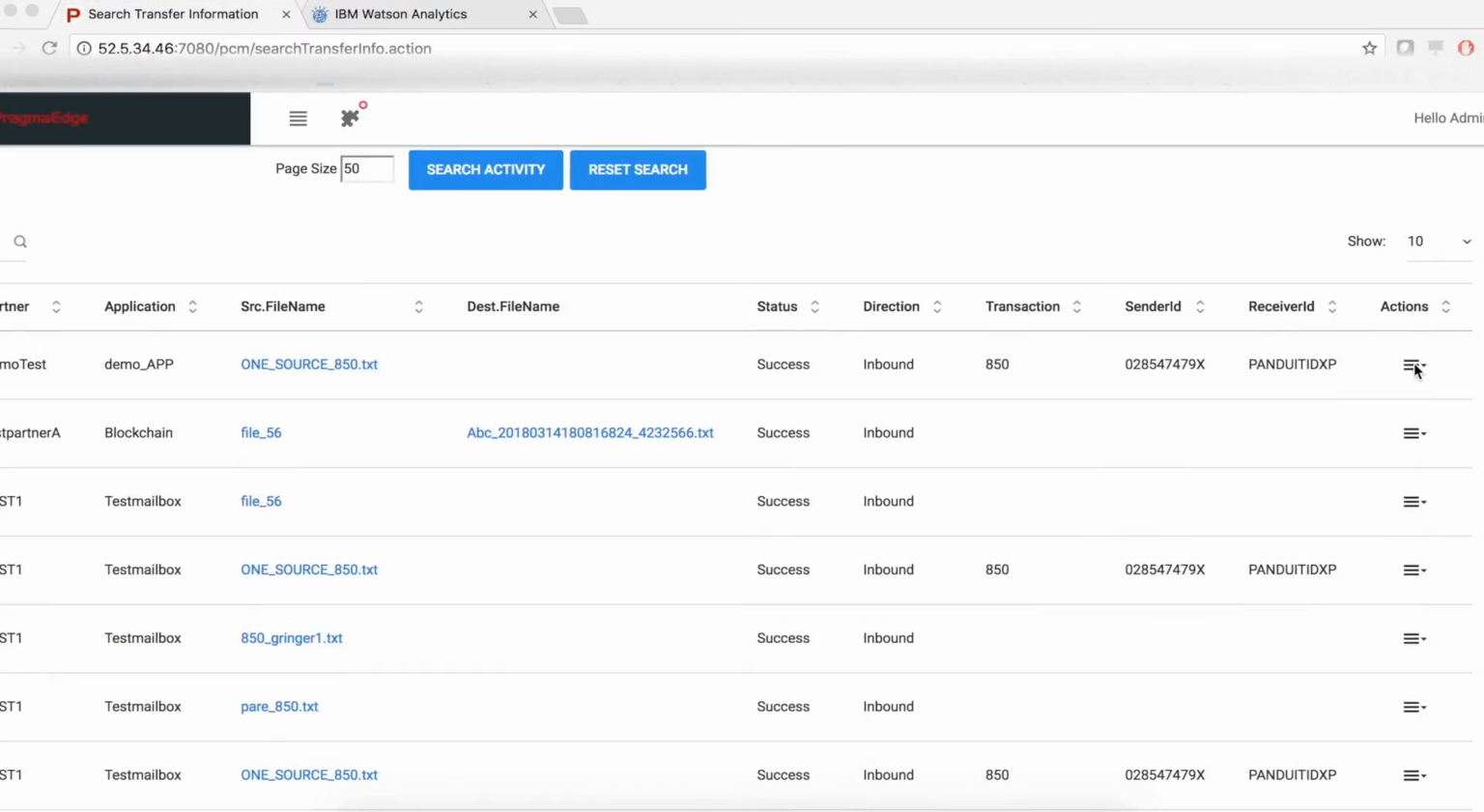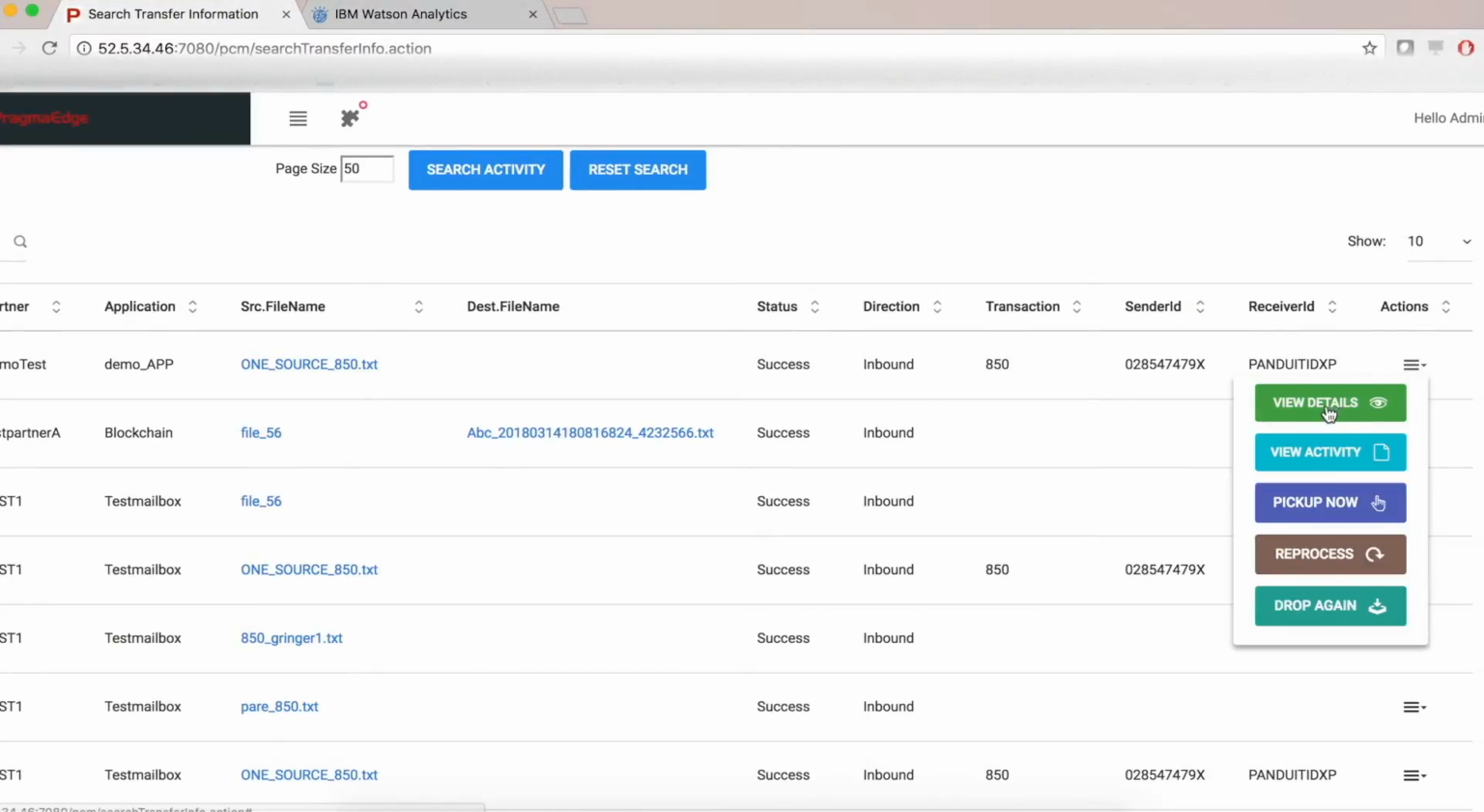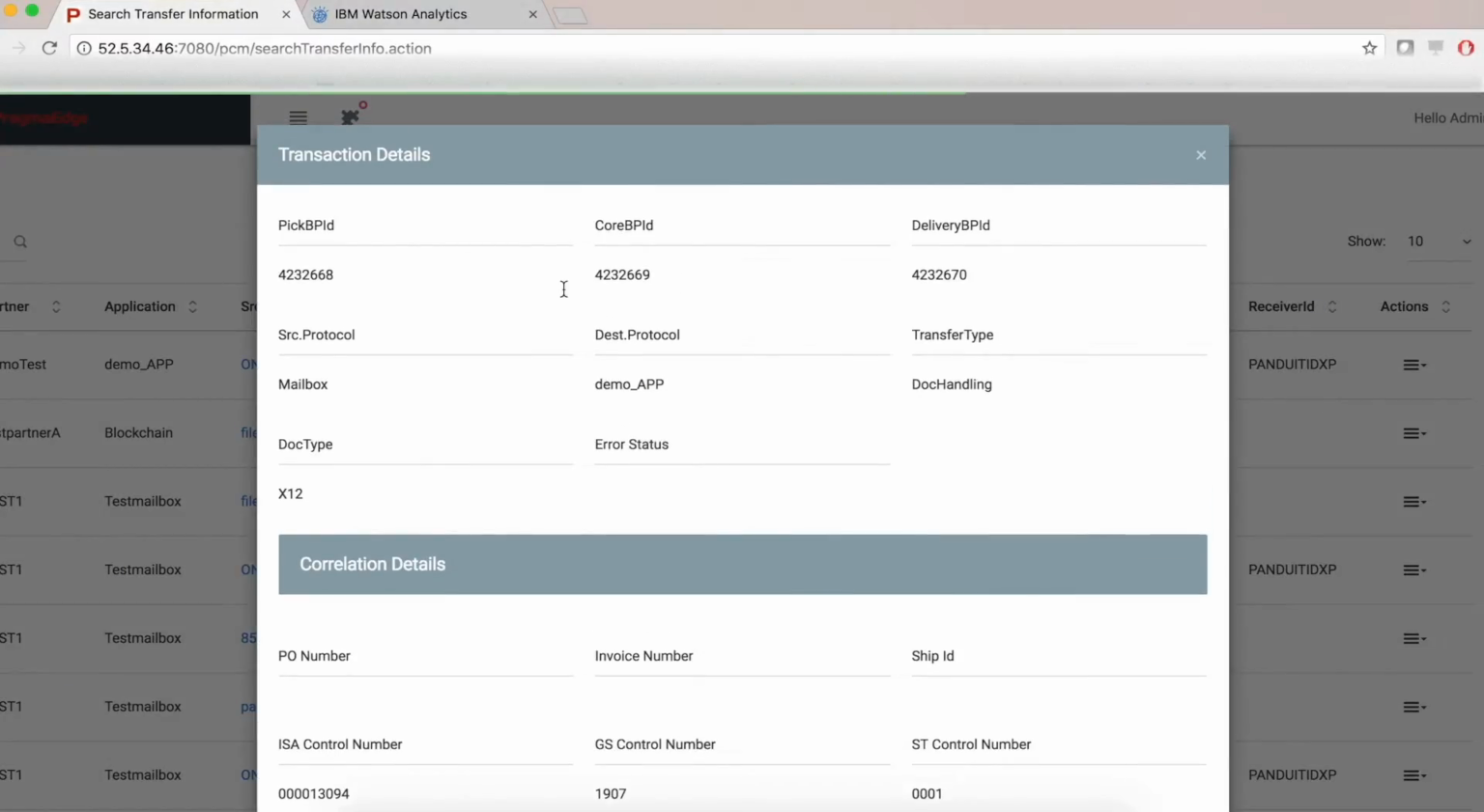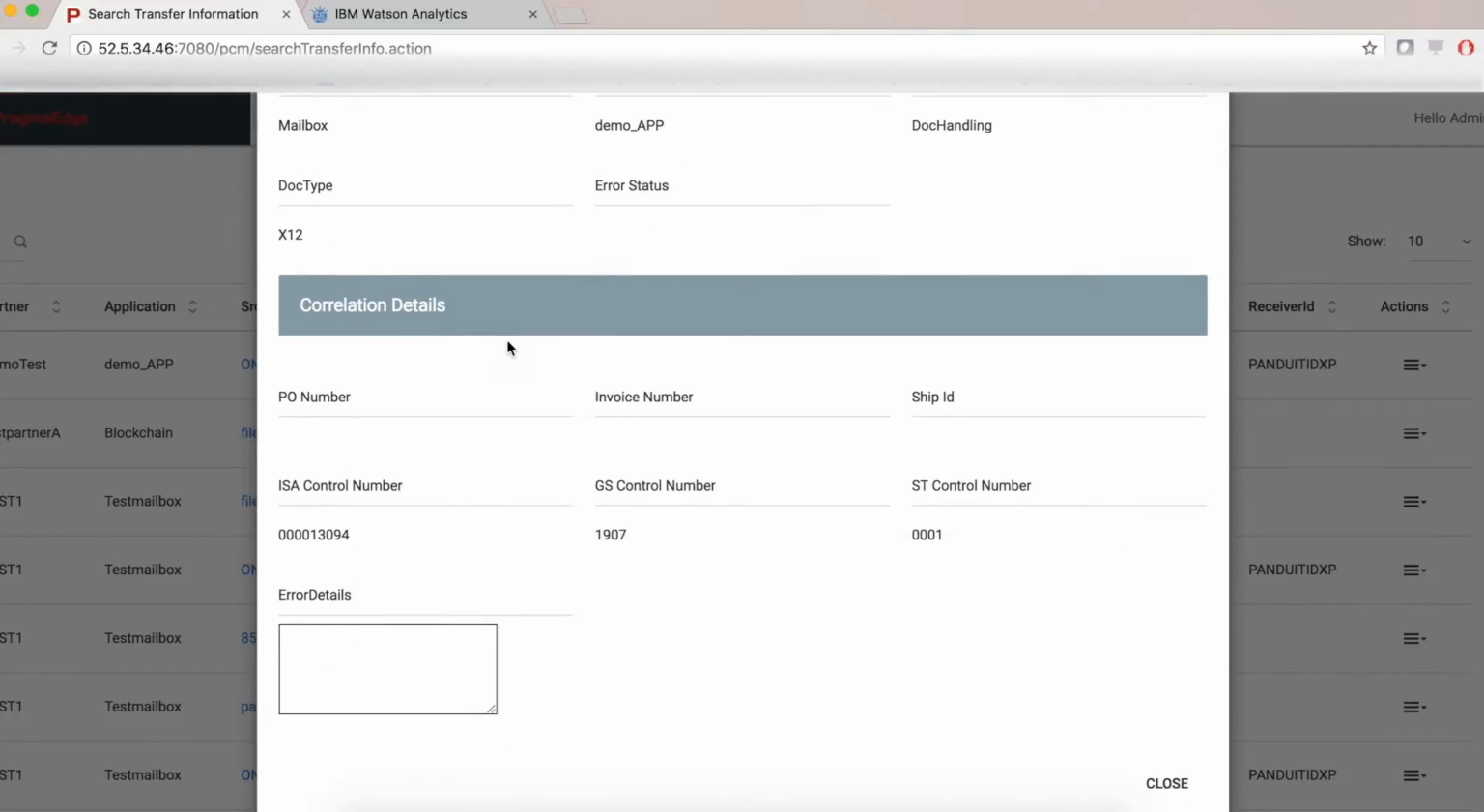And not just that, when you click on view details, you will be able to see the core process ID, the pickup ID, and what was the source protocol, and also correlation values. So these correlation values that you see here are totally customizable depending on what values you need